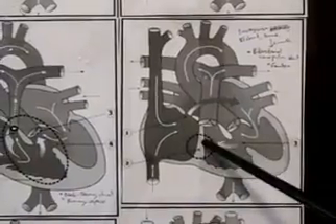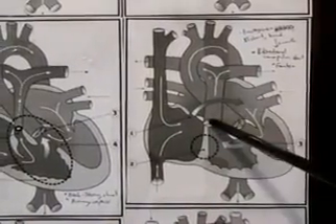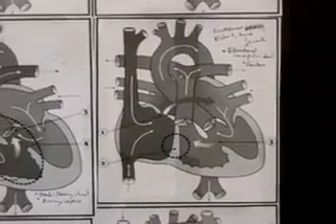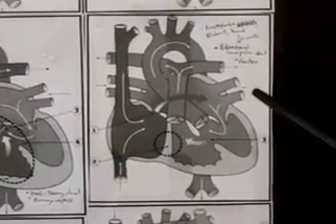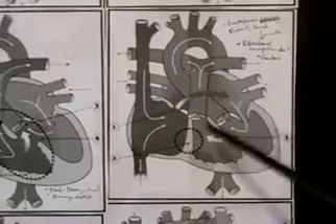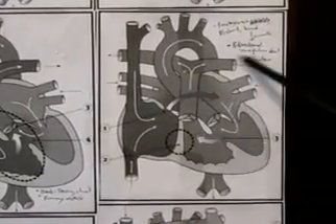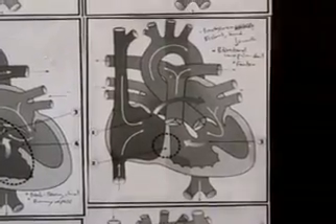If tricuspid atresia is present together with a pulmonary stenosis, what you would do is when the child is born, you wait and see if the oxygen saturation is normal, because maybe the stenosis is not too severe and you can maintain blood flow to the lungs. If oxygen saturations begin to drop,